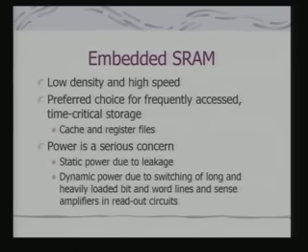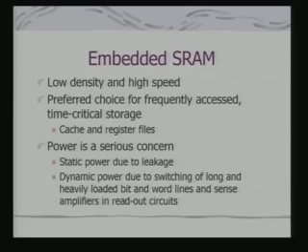But wherever you are using static RAM, power is always a serious concern, because in an embedded system we would like to minimize usage of power. In a static RAM, what are the sources of power loss or power consumption? One is static power loss due to leakage, because of the transistors on the path. There will be a leakage current even when you are not actually accessing that memory, because the memory is in an active state, storing the data that you have stored. That is what we call static power loss.